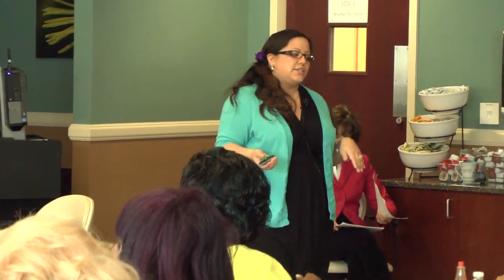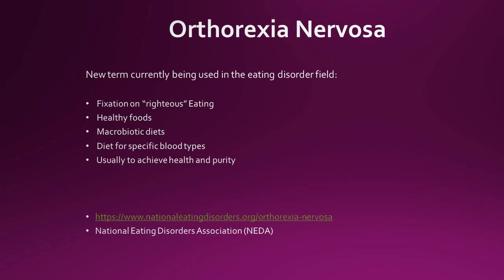Orthorexia nervosa is a term that is used a lot, but it is not an official DSM term. I just want to be clear on that. It is a term that's used in the ED field, and basically it's that fixation on righteous eating. So the healthy foods, the macrobiotic diets, diets for specific blood types, usually to achieve health and purity, and that's a really big one. And those are the friends that might say, I have a gluten intolerance or I'm gluten sensitive, when really they're not, but they want to avoid it and they need a reason to be able to do that. Or it's, I'm on the paleo diet, or I'm on,